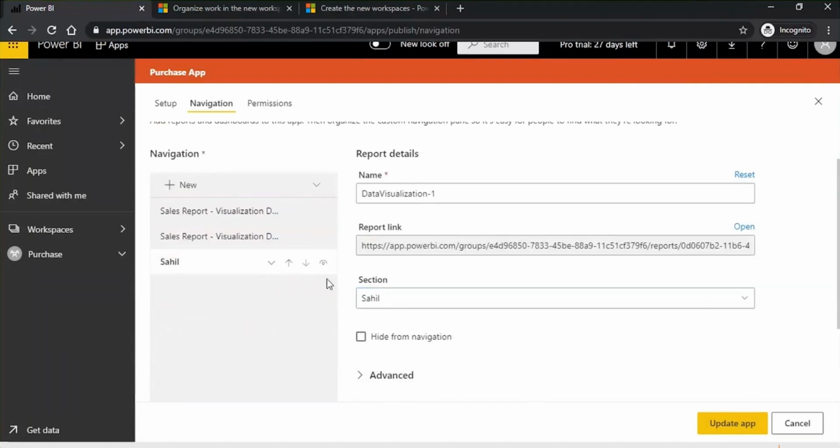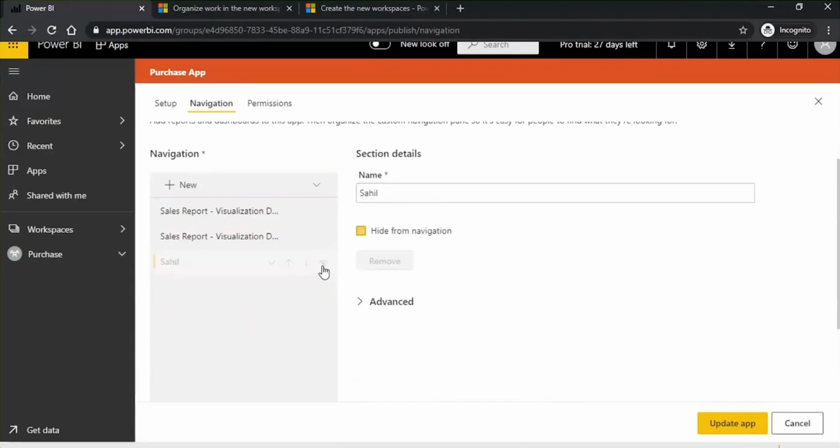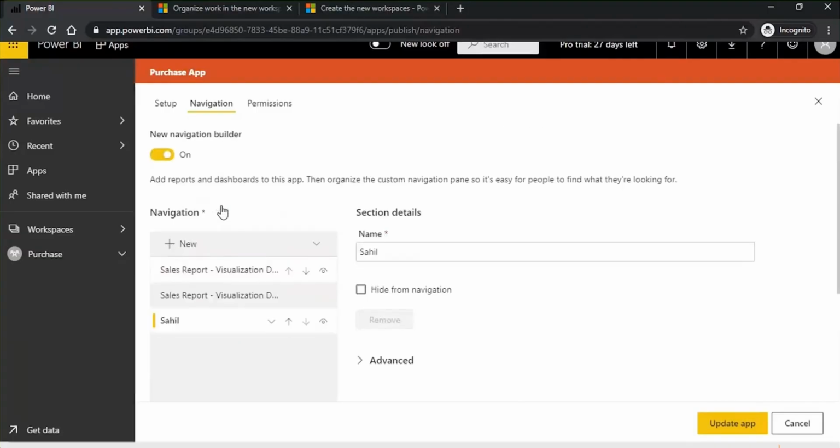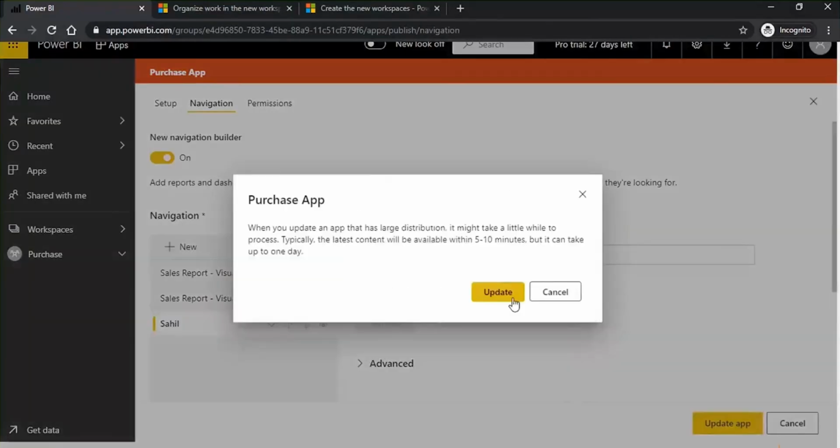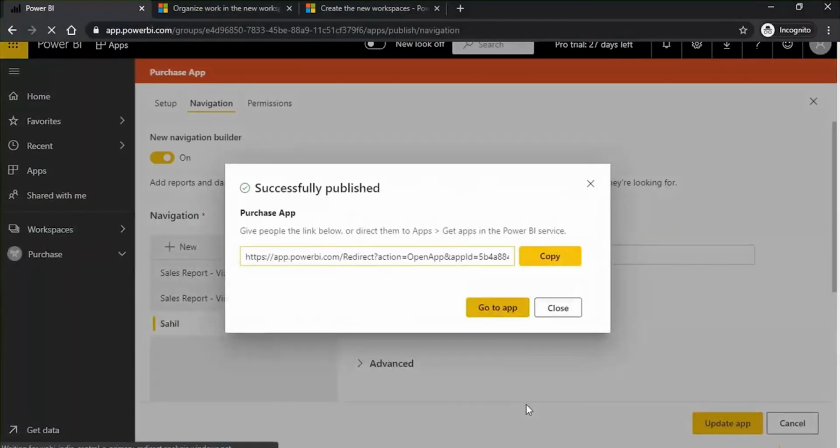If you want to hide or show something, you can just turn on visibility from here. Something you want to include in the app, but for the time being you want to hide, you can hide it like this also. So from the navigation, that report will be hidden. Here you can create a custom report, a simple page. And once that whole report is created, you can make that report your first report. Then you can just update your app. Once you update your app, you will get a completely customized navigation, meaning this navigation will be replaced.